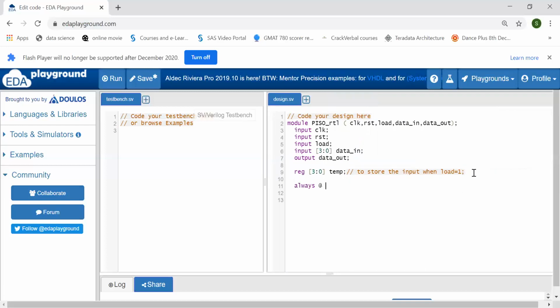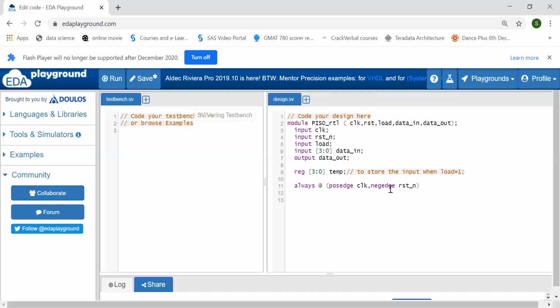Next, always @(posedge clock or negedge reset_n). Let's take the signal as reset_n. Why reset_n? Because my reset signal is an active low signal. To write that it is an active low signal, I am writing this n. N normally means it is an active low signal.